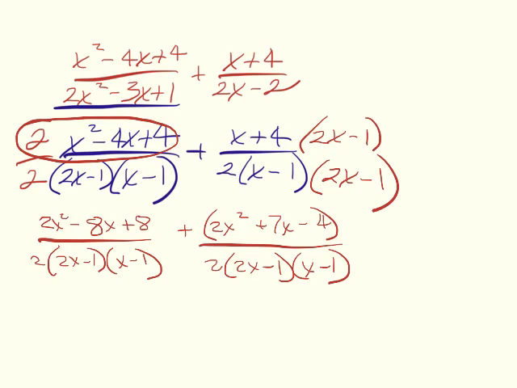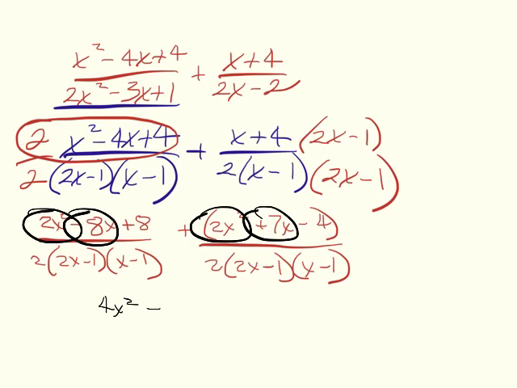Okay, so my denominators are the same. So now I can look and combine this whole top together. When I do that, I end up getting these combined and have 4x squared. Combine these and I get negative 1x. And then I combine this and this, 8 minus 4. And that is going to be over